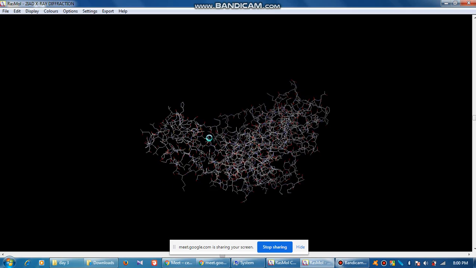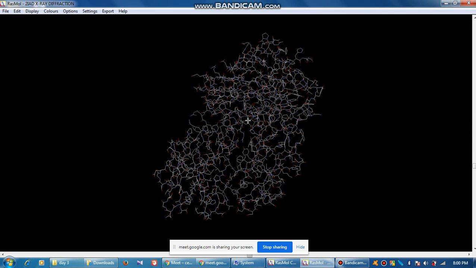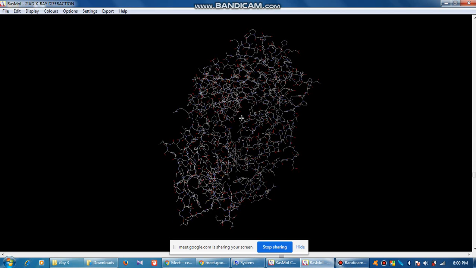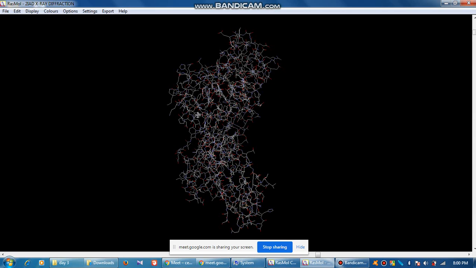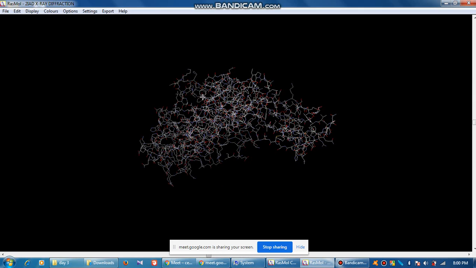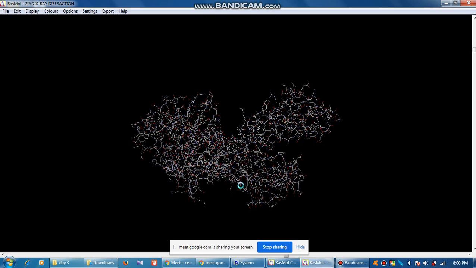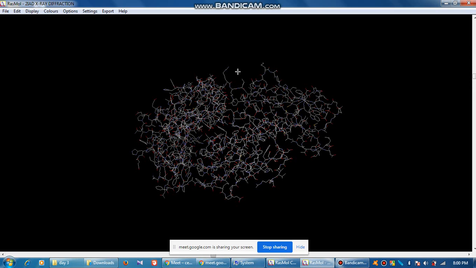Now this structure, as you can see, is nothing but the primary structure of the MHC molecule. Primary structure means all the amino acids are kept in a chain, and you know how the chains are made. These are made up of peptide bonds, one after another.